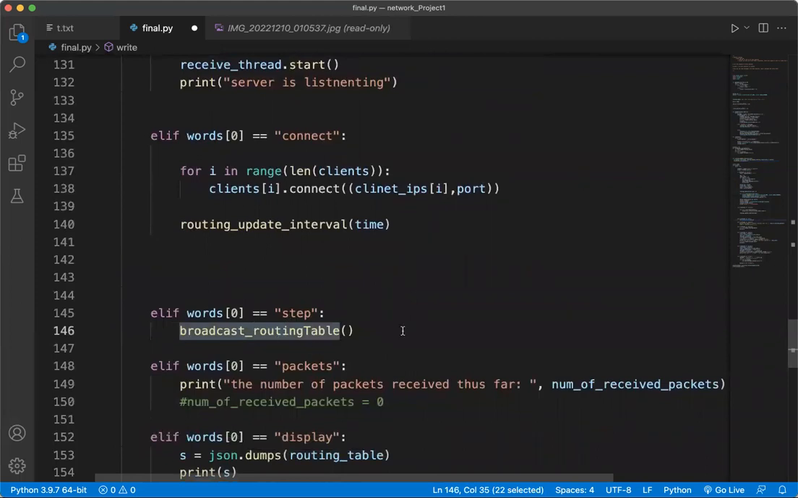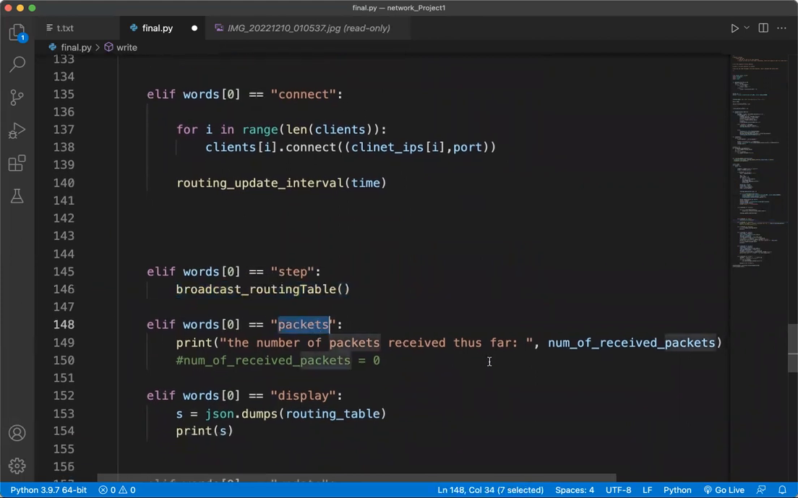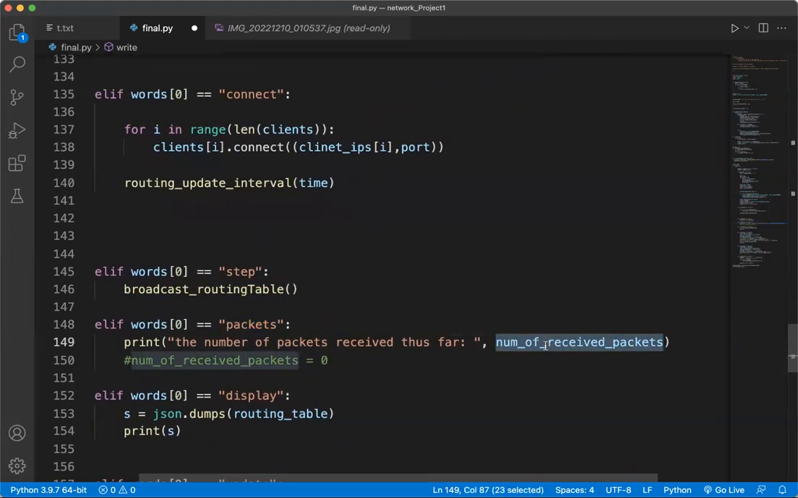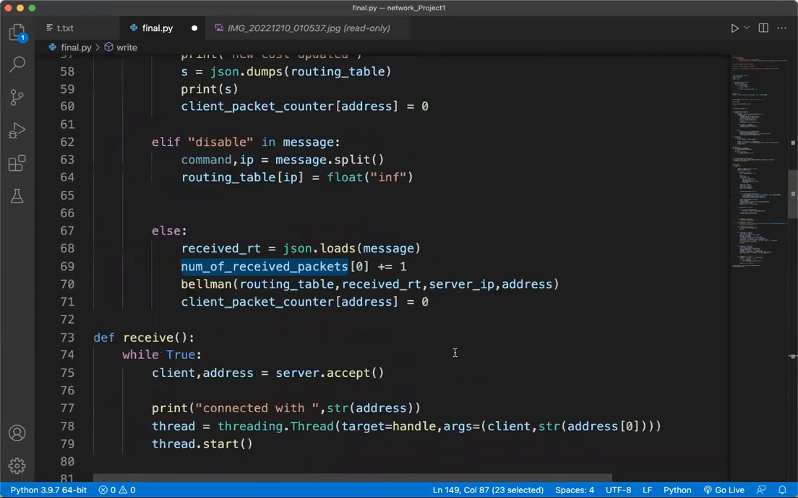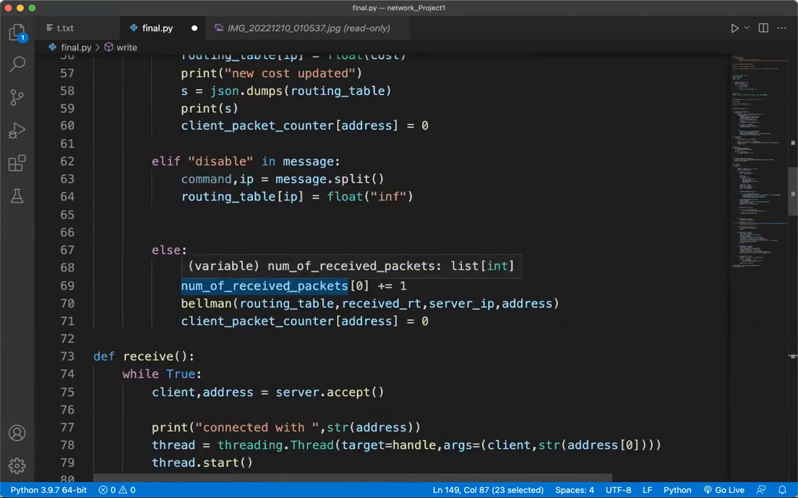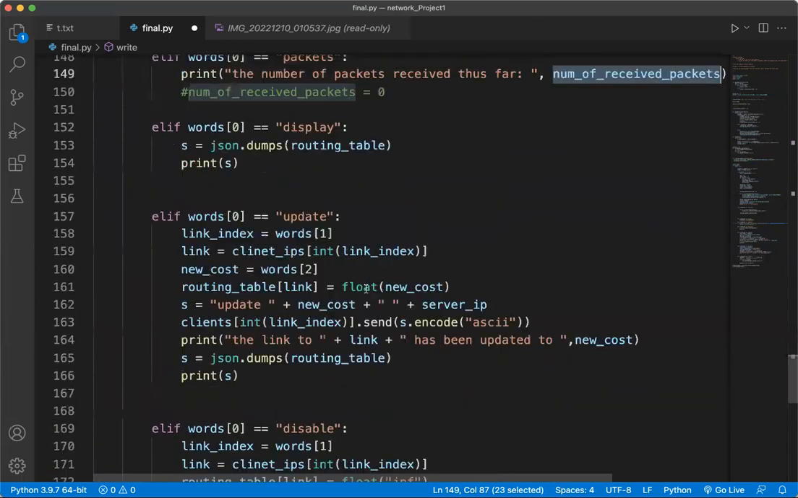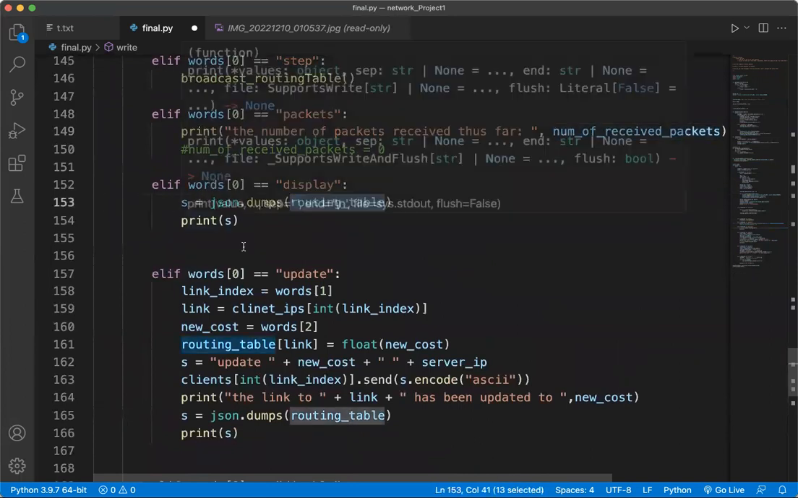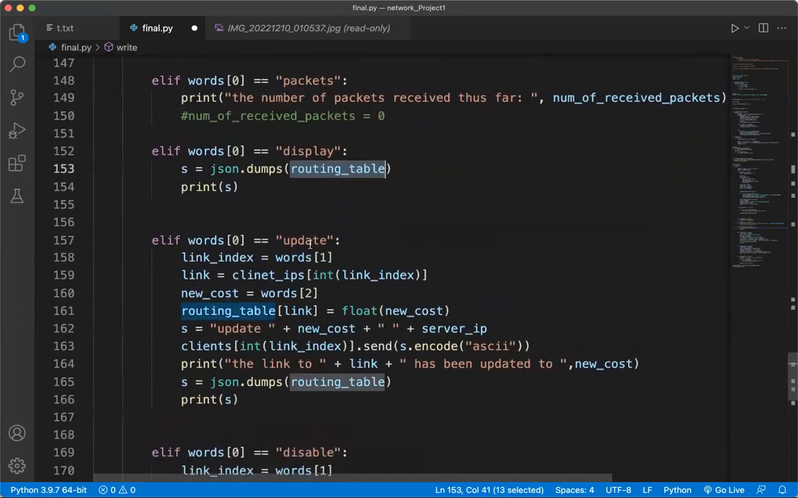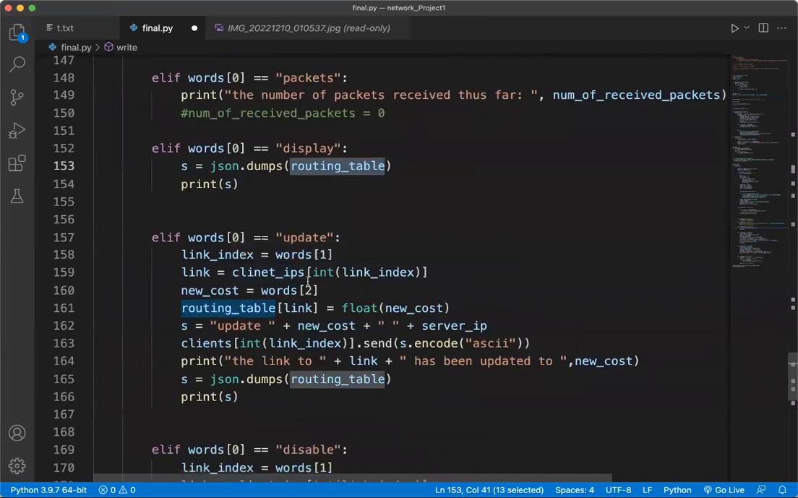The step command, it basically does that, but manually. Packets command, it prints out the number of packets thus far, and it gets updated over here every time it receives a routing table. It updates the number of packets. And display, it turns the routing table to a string and prints it. And update, we update,